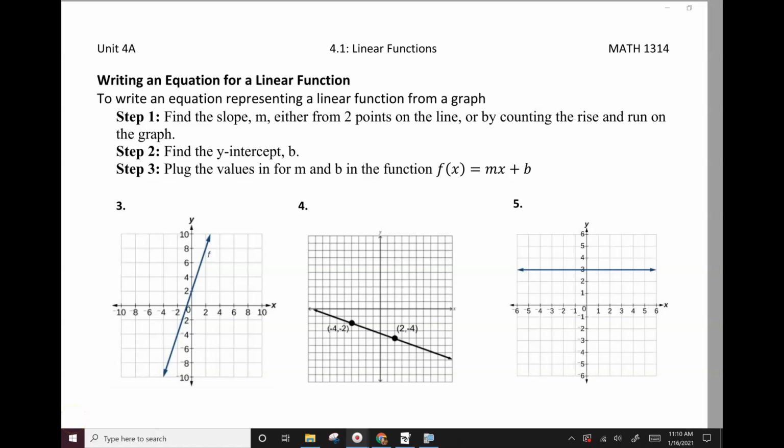All right, now let's talk about writing an equation for a linear function. So to write an equation representing a linear function from a graph, so this time you're given a graph, how do you write the function? You could find the slope either from 2 points on the line, so using the slope formula,